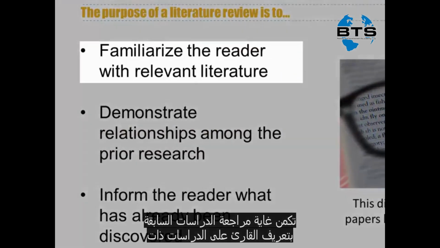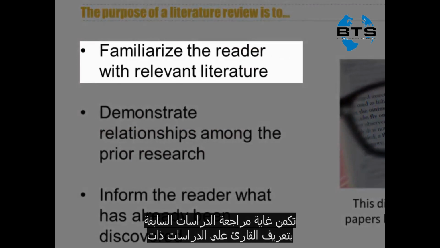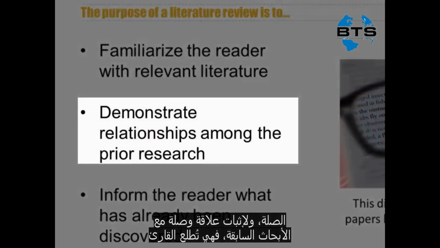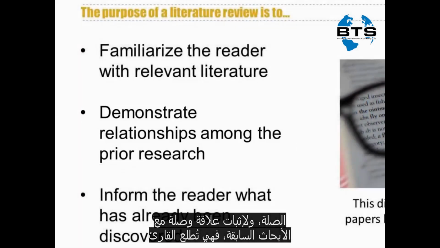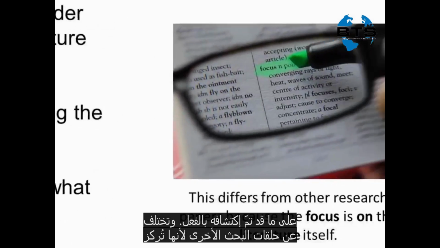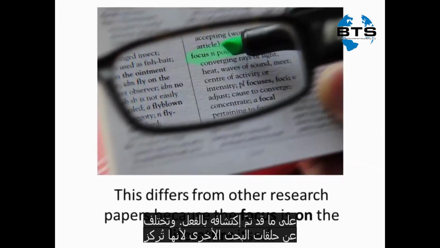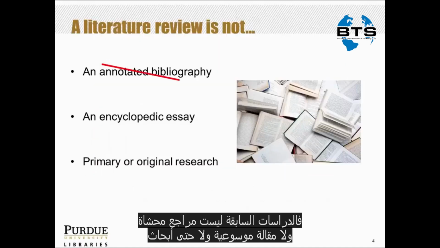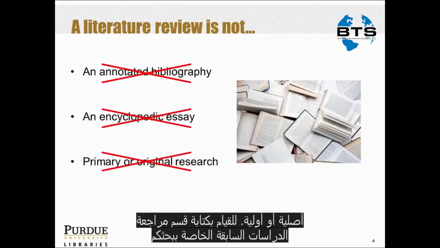The purpose of the literature review is to familiarize the reader with the relevant literature and to demonstrate the relationships among prior research studies. It informs the reader of what has already been discovered. It is different from other research papers in that it focuses on the literature itself. A literature review is not an annotated bibliography, it's not an encyclopedic essay, and it is not primary or original